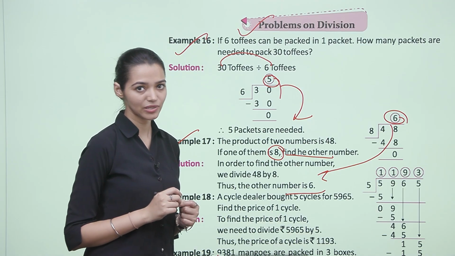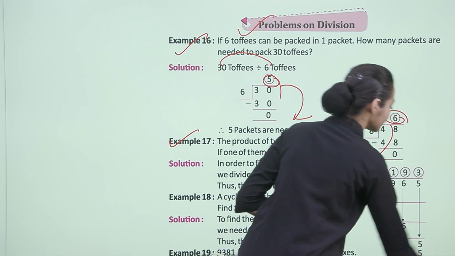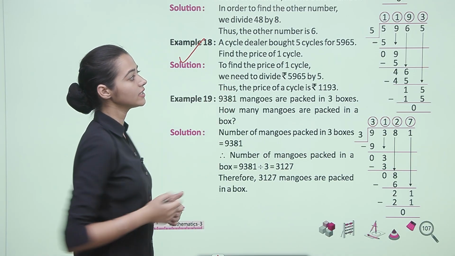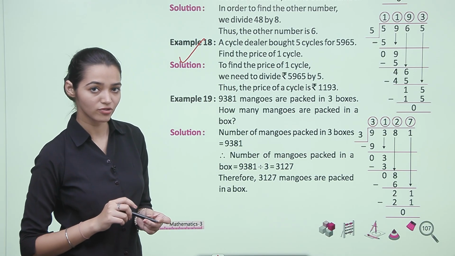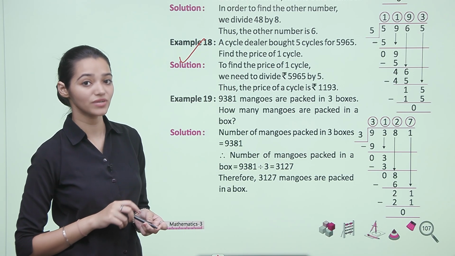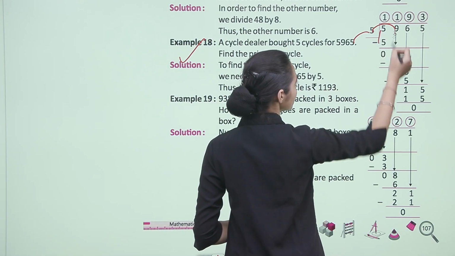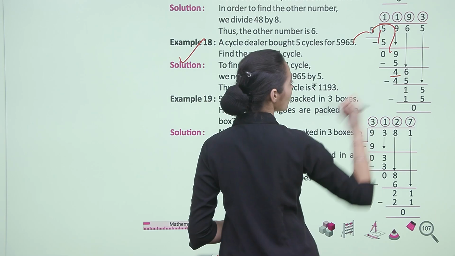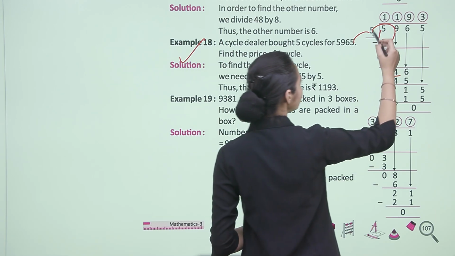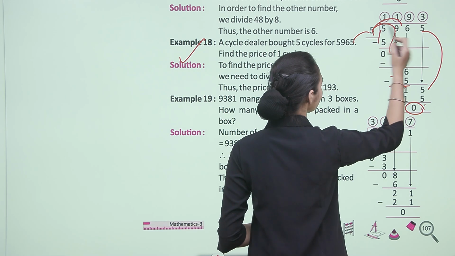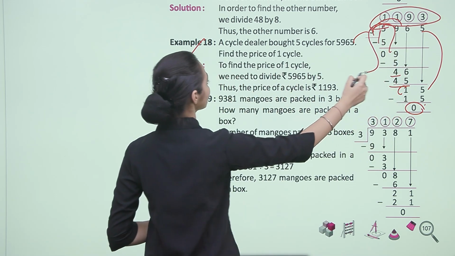Now let's look at example number 18. A cycle dealer bought 5 cycles for 5,965. We have to find the price of one cycle. That means we will divide this number by 5. 5 ones are 5. Then 5 ones 5. 4 is our remainder. Then again 5 nines are 45. 1 is our remainder. Then 5 threes are 15. That means the price of one cycle is